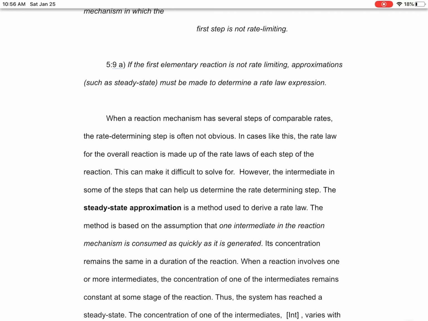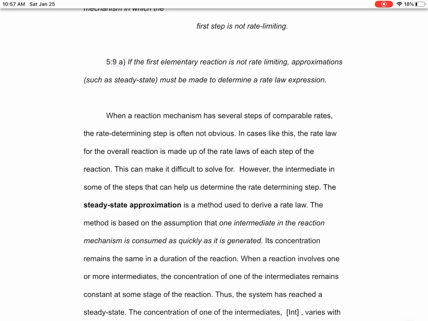So 5.9a says if the first elementary reaction is not rate limiting. So if you've got a reaction mechanism and the first step is not the slowest, it is not rate limiting, approximations such as steady state must be made to determine a rate law expression. So if your first step is not rate limiting, or if you have something called equilibrium involved in your reaction mechanism, we have to use something called the steady state approximation to determine the rate law